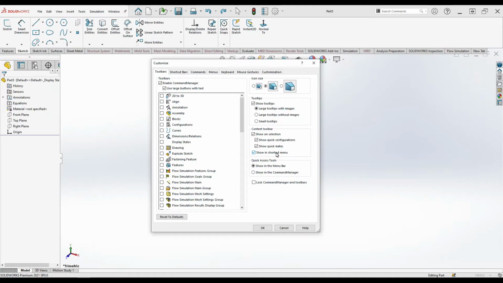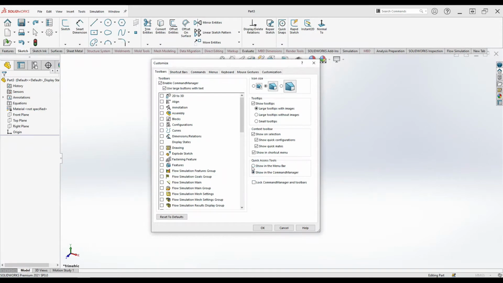It is already active and this is very important, that's why it is active, to show the mates and shortcuts. Here you can see the quick access tools, show in menu bar and show in the command manager. So just see how it is changed.